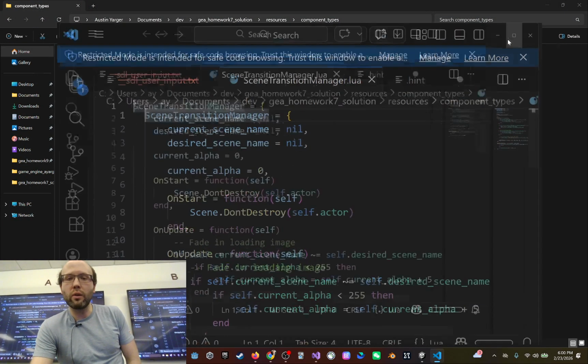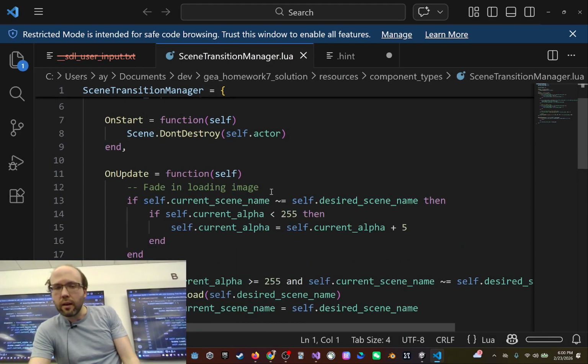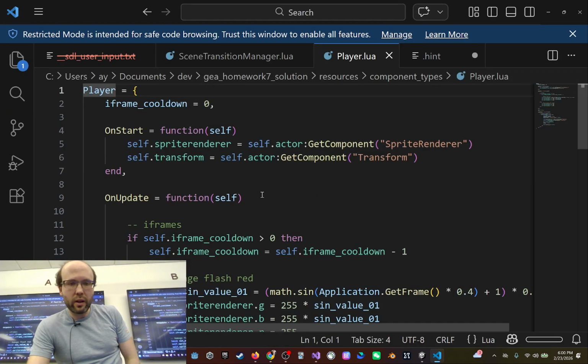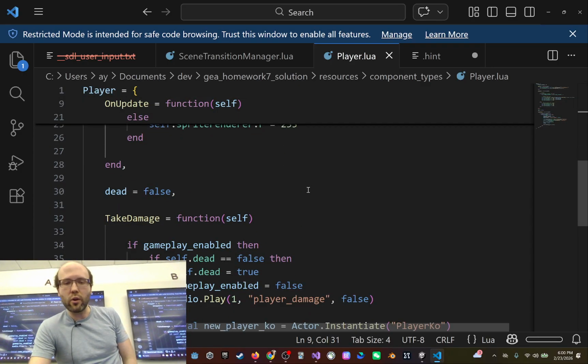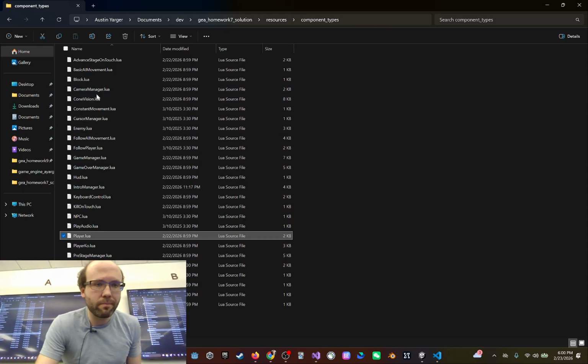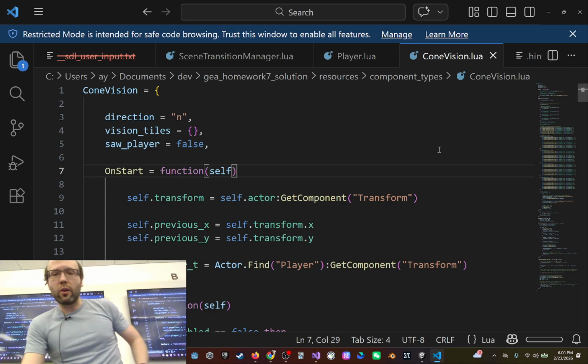We've got components written in Lua that are all about transitioning to the next scene, right? Make that nice fade, right? We got a player component that's all about dealing with iframes and allowing us to take damage and rendering us, right? And playing music. We have a really fun one called Vision Cone or Cone of Vision. This is the component written in Lua